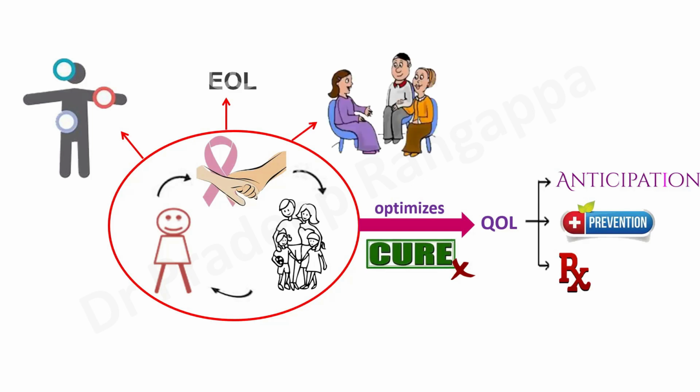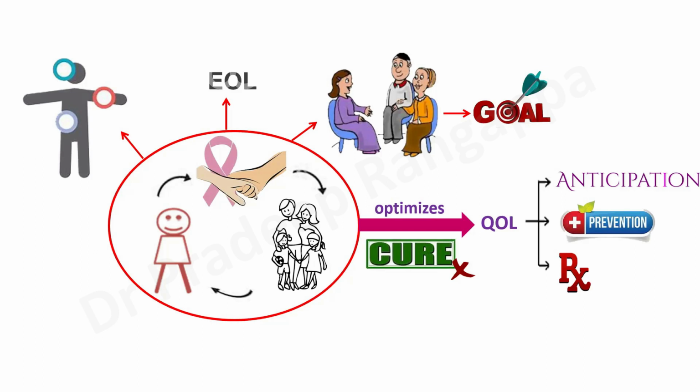End of life, as I said, is one of the components in the whole scheme of palliative care. And the third important aspect of palliative care is ongoing, good and careful communication with the family members. This communication becomes a very important domain, and it is done with an intent to set the goals of care that we provide for the patient, encompassing the patient's preferences and the values that would be governing the care.